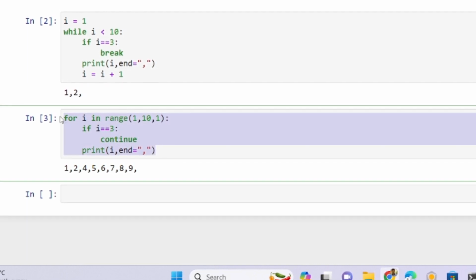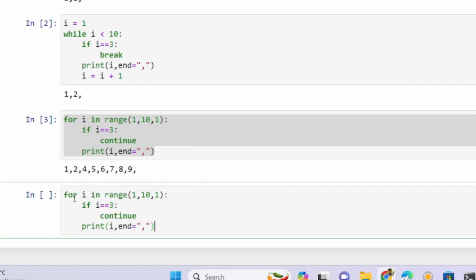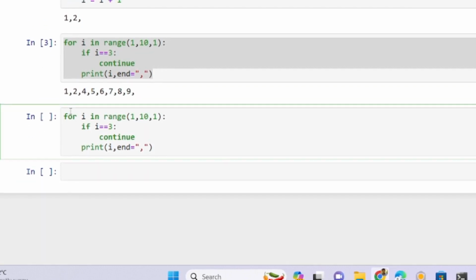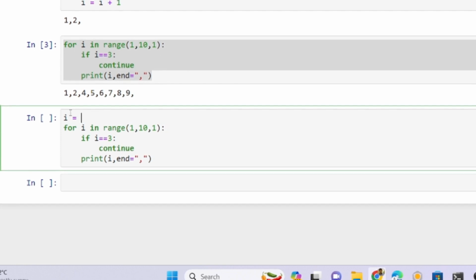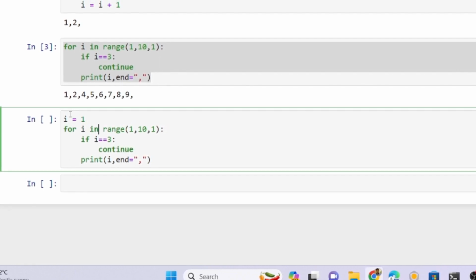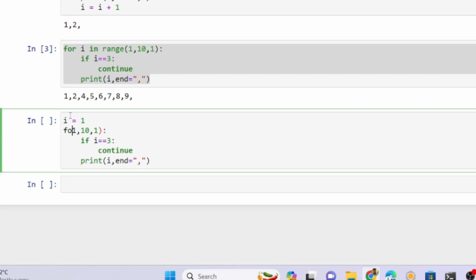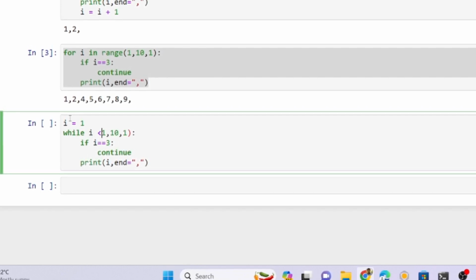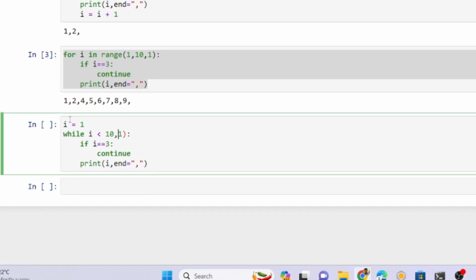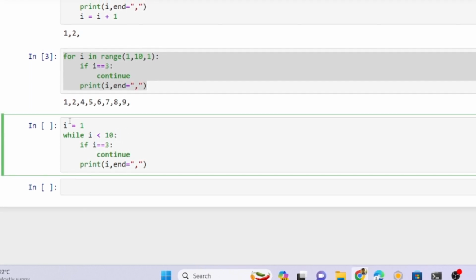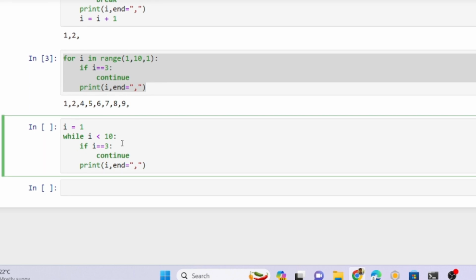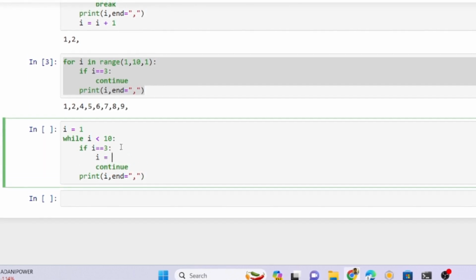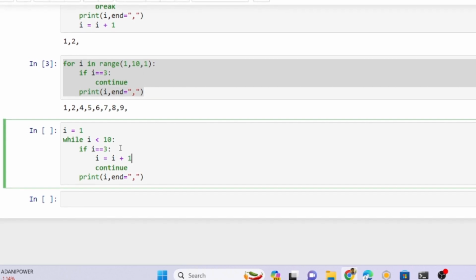Now we want to do the same thing with a while loop. For this one, we need to initialize i is equal to 1, because that is a requirement. While i less than 10 and colon. When i is equal to 3, what we need to do is i is equal to i plus 1, because it will go to the beginning.